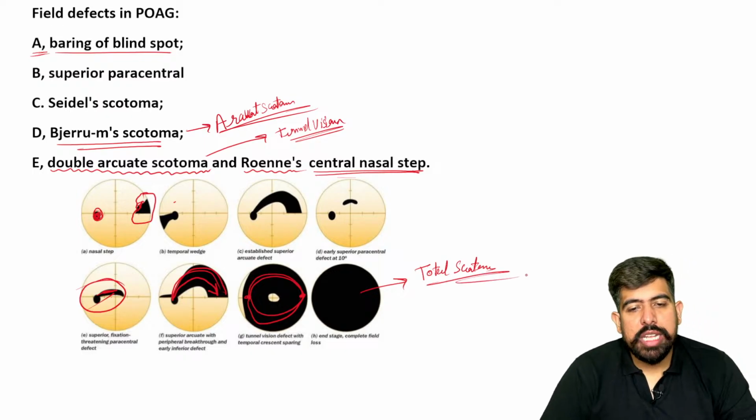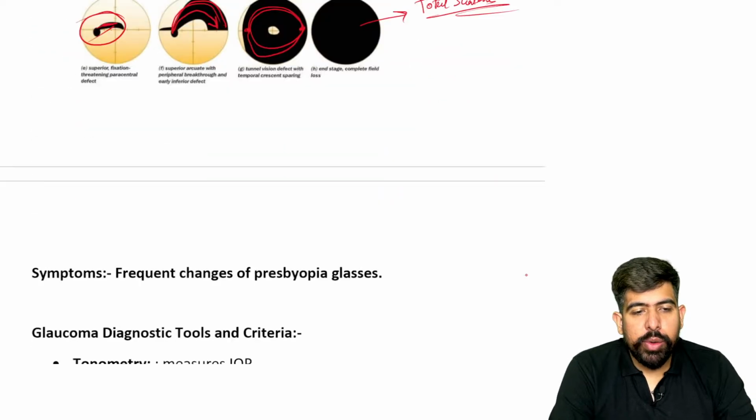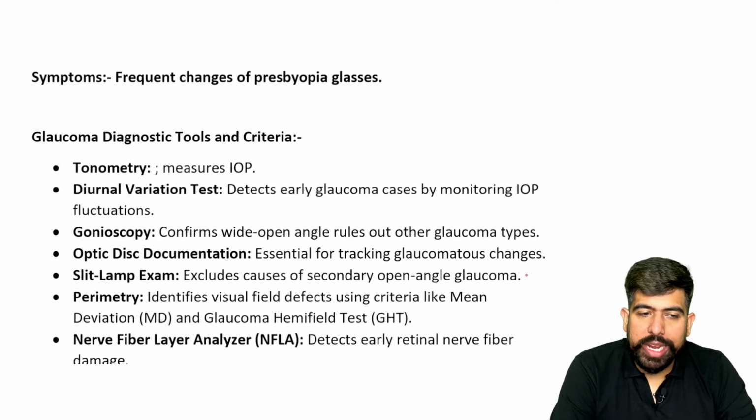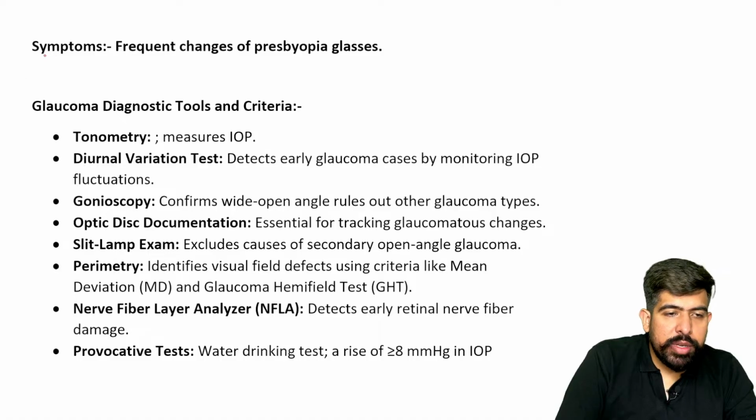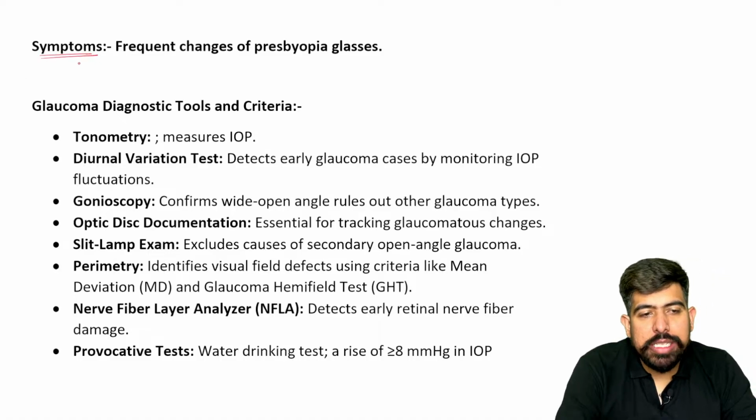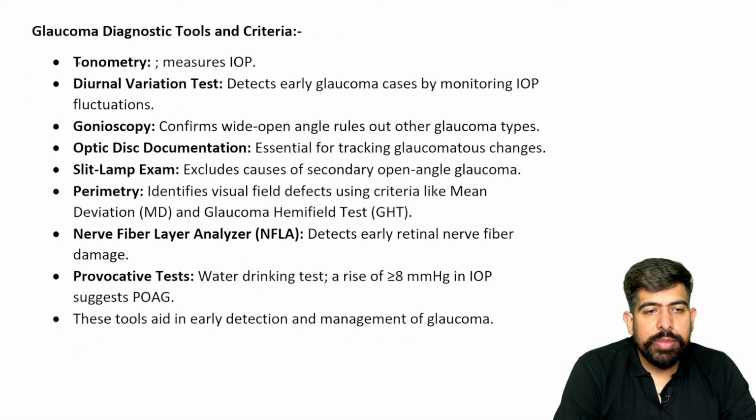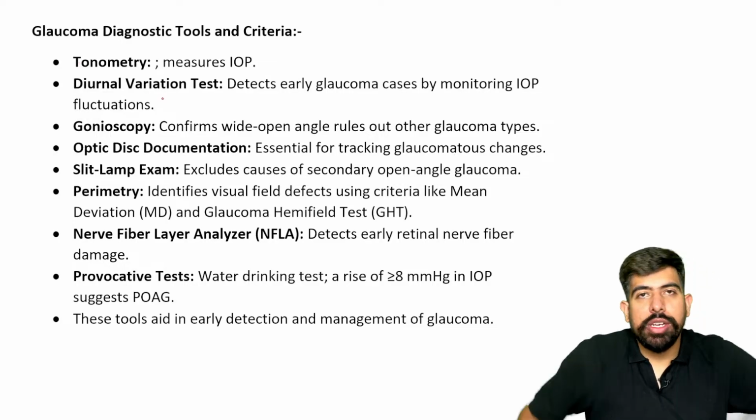Right? So there is a patient having total blindness. So these are the visual field defects which are going to be seen in this. Okay. Now, what will be the symptoms, right? Please remember about it. What are the symptoms, as we talked about,